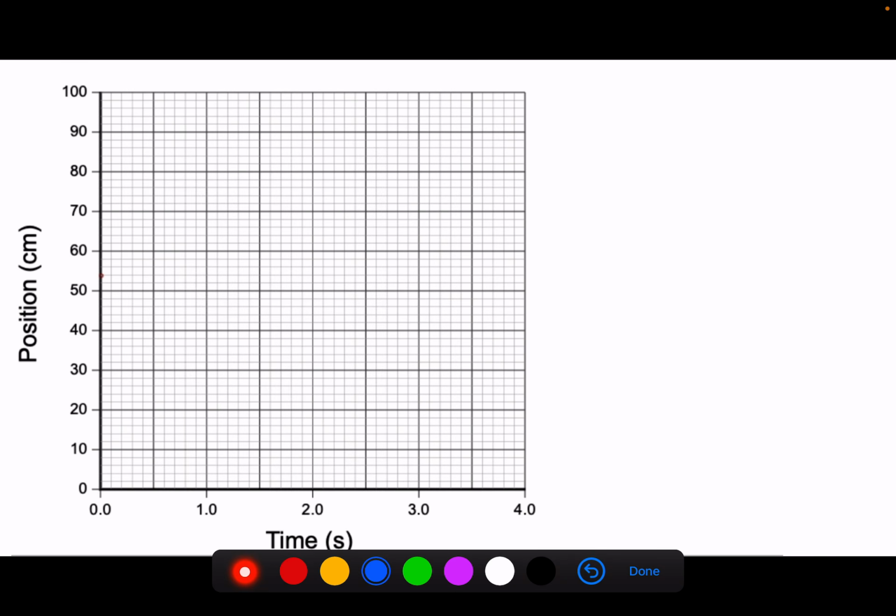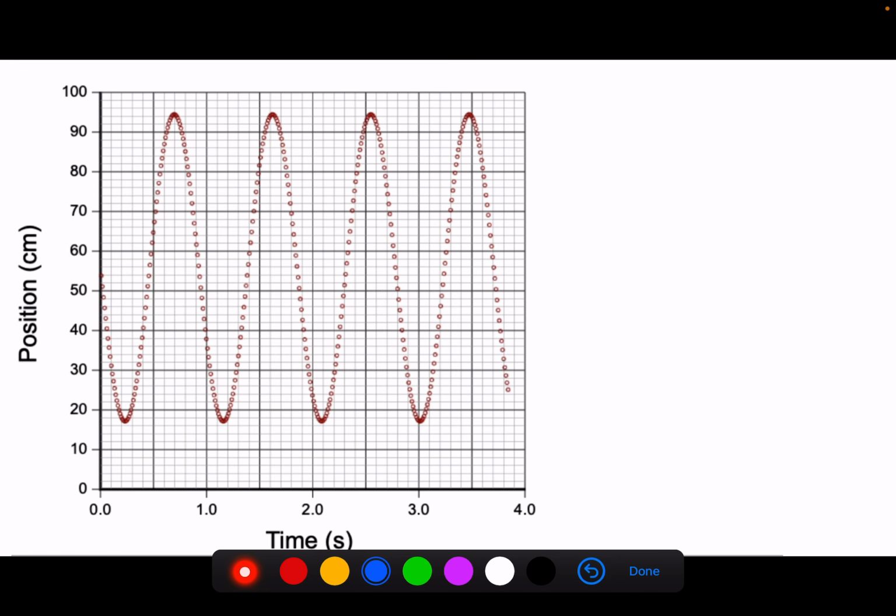Oftentimes, we're going to determine the period by looking at graphs. And when we graph repetitive motion, it's going to look something like this. Some of you guys may recognize this as a sine or cosine curve. If you don't recognize it, it's not a big deal. All you have to be able to see is that you're going through repetitive motion. So this would be one full cycle. You'll notice I came right back to where I started, and you can see I'm heading in the same direction